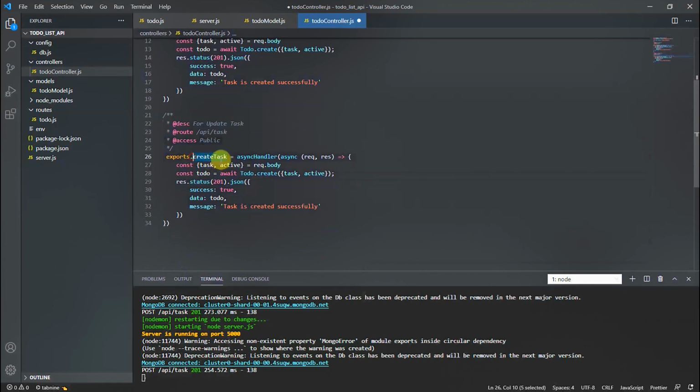So this function method name should be updateTask. In this function again we will get this request body task and active.